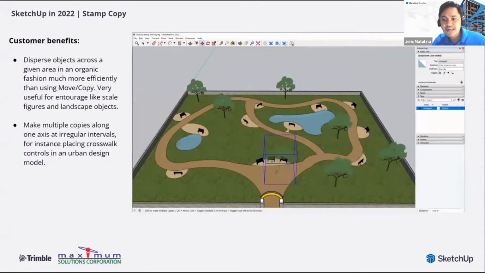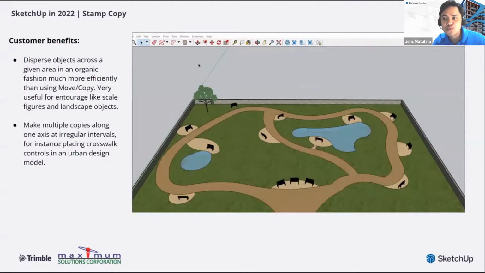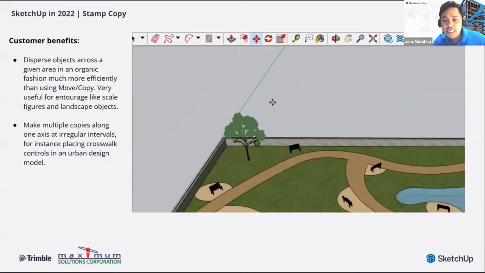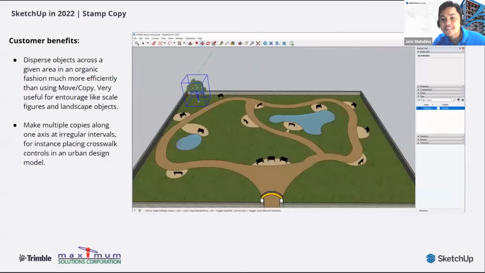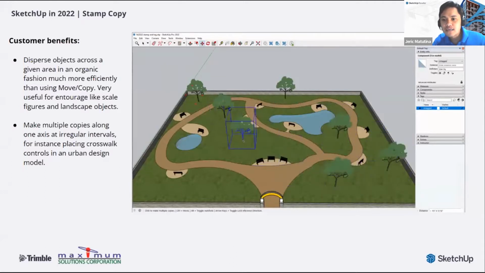Before we select the item we would like to copy, just simply press the modifier key once and a plus symbol will appear next to the icon. And if you select an item, it will create a copy and return to the move tool. If you press the modifier key twice naman, a stamp symbol will appear next to the icon. You can now stamp as many occurrences of the selection as required. Dati kasi, just simply isang click, okay na, babalik na sa move tool. But now, we can continually create copied objects in just a few clicks na lang